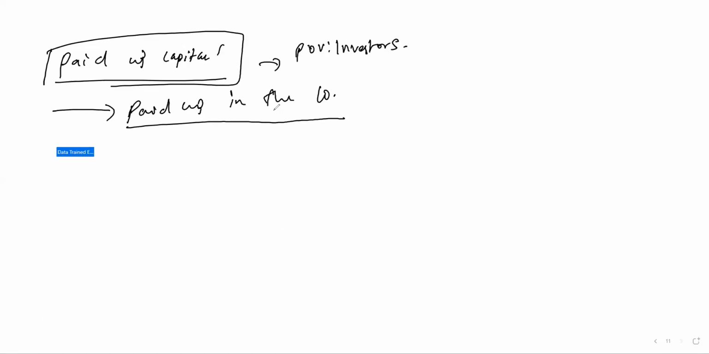Now, when this capital is issued for the first time in the market, in the capital market,